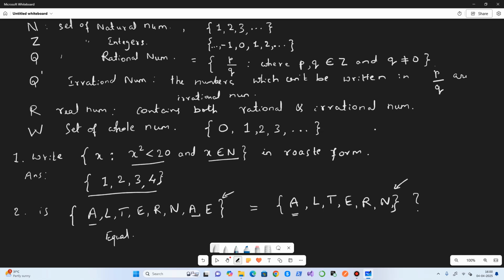So they are equal, because repetitions do not alter the set.